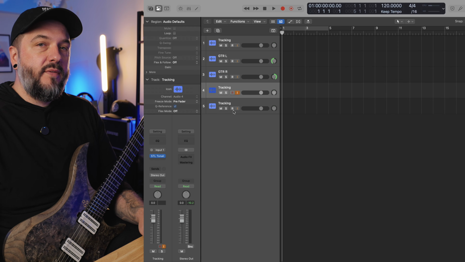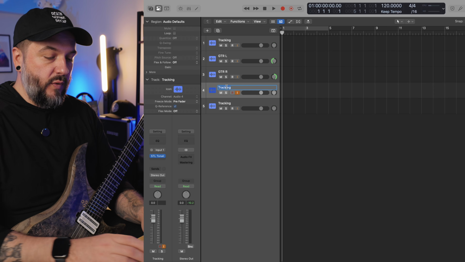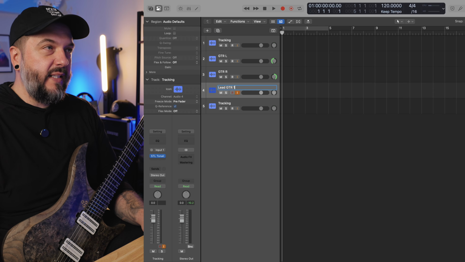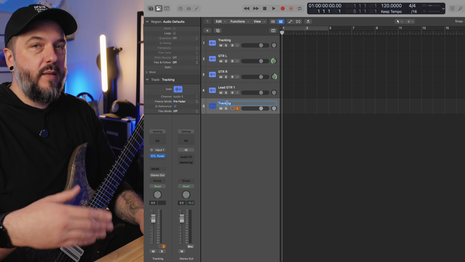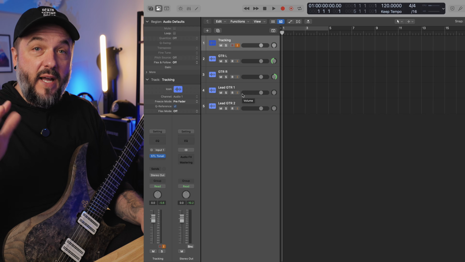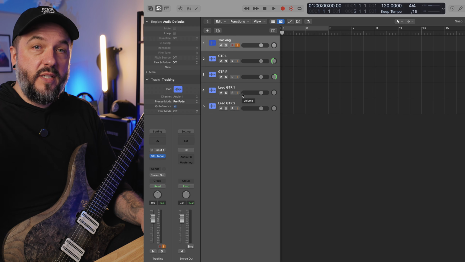The other two that I left are for lead guitars. And so I'm going to name them lead guitar 1, and you can just name it lead 1 or whatever you want. Whatever naming scheme works for you. Lead guitar 2. So now we've got 5 different tracks that are capable of recording the guitar DI directly to them,